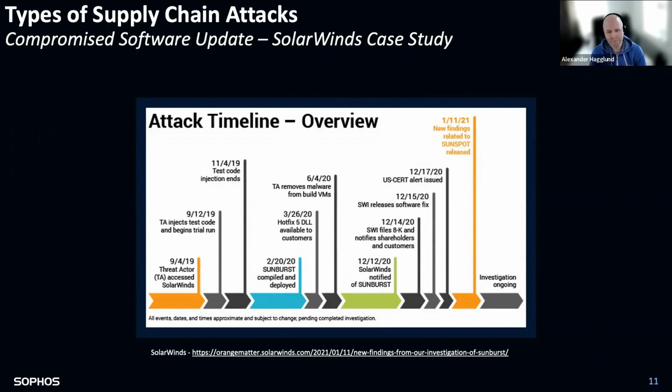The attack was actually deployed in February 2020, so you can see that they spent a lot of time making sure that this attack was successful. So circling back to the compromised software update package and how easy that was,